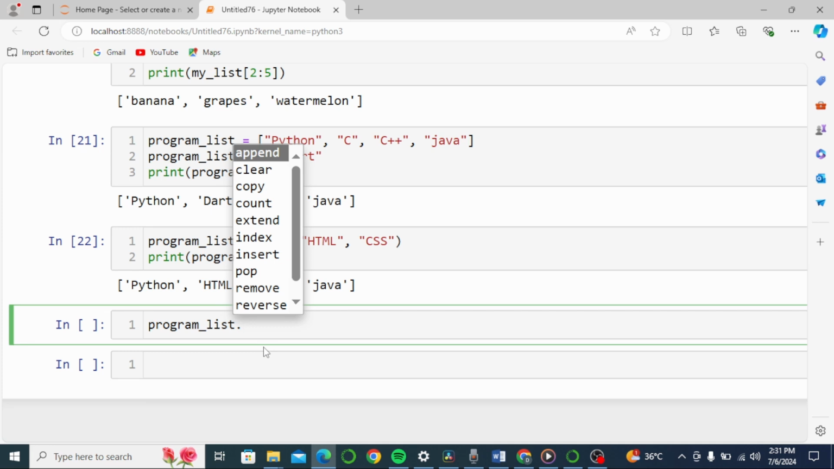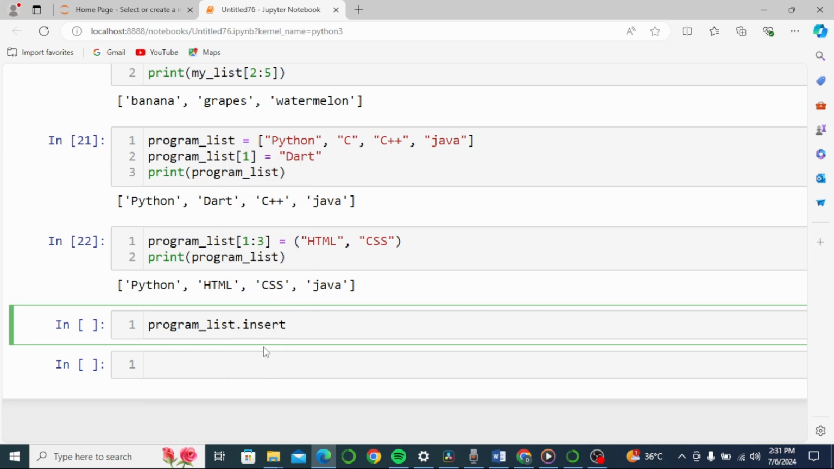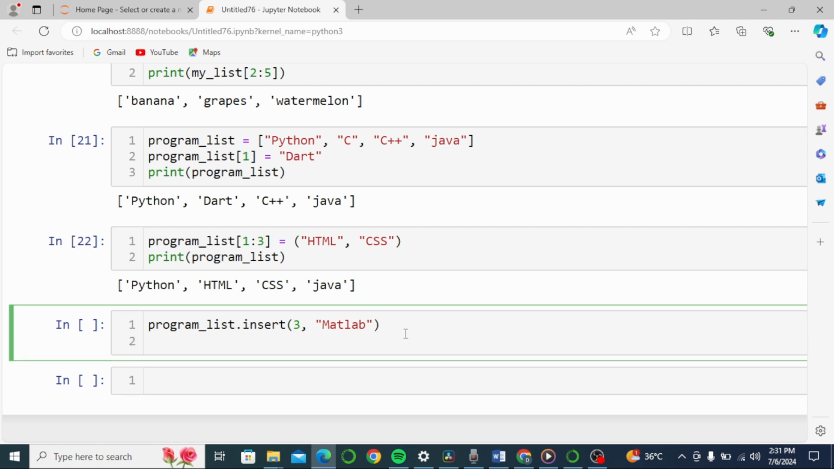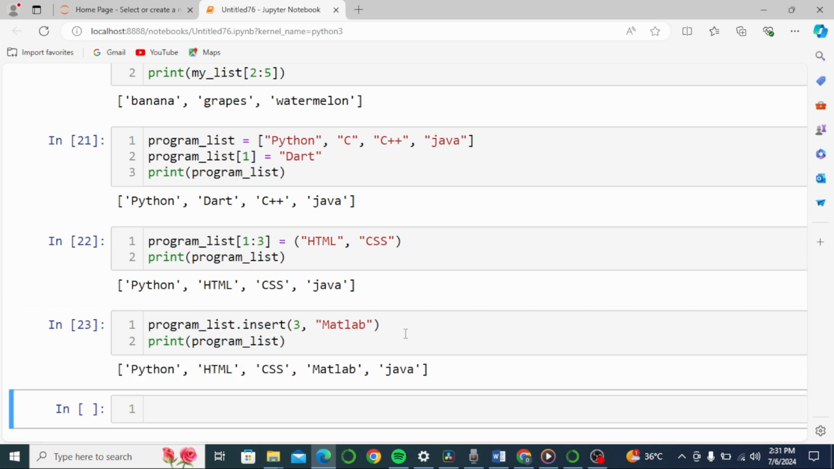We want to use insert, so we simply type insert, then write the index number. Here I am writing the index as 3 and the item I want to add, which is MATLAB. So here I am adding MATLAB at index 3. Now let's print our list, program list, and now let's run the code, and here you can see the output